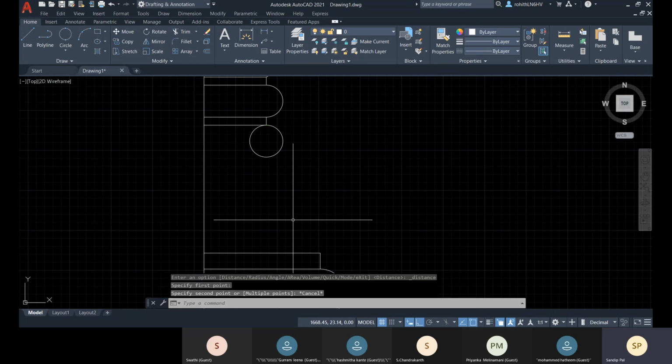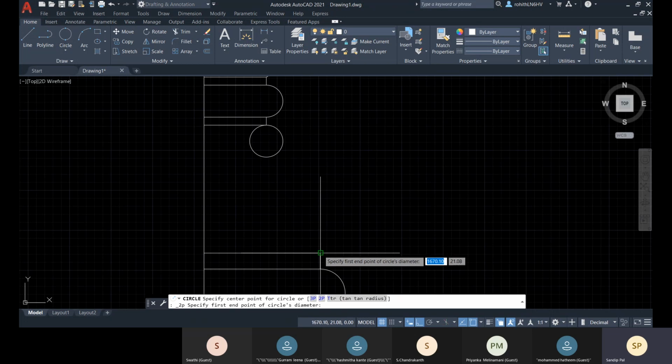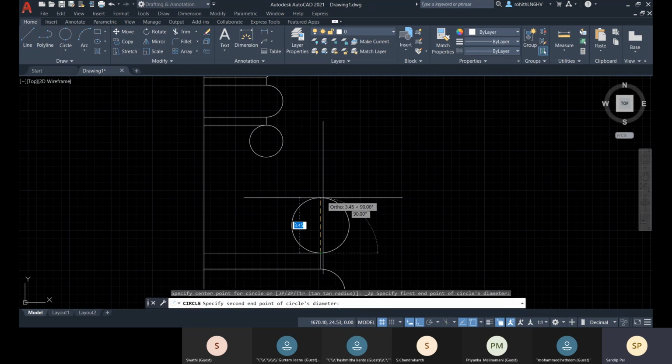So the difference between 7 and 3.75 is 3.25. So that will be the diameter for this circle. So let's go with this 2 point, and the diameter will be 3.25.